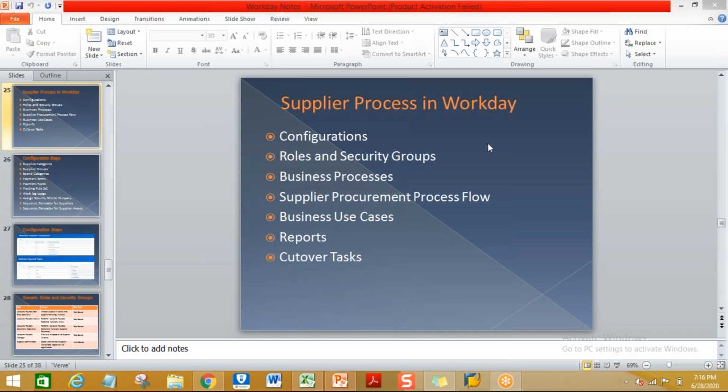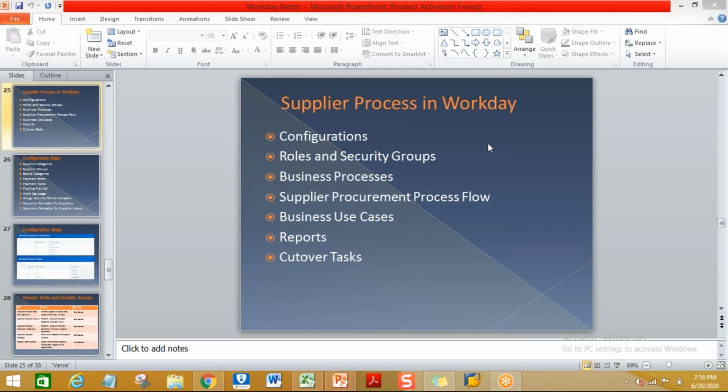All those things they will explain to the business users team. Once they agree, they will start to prepare the to-be business blueprint document.